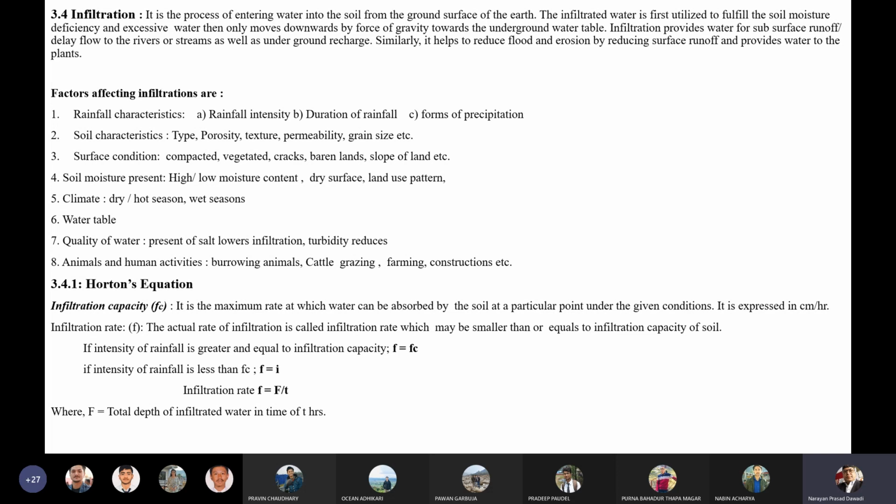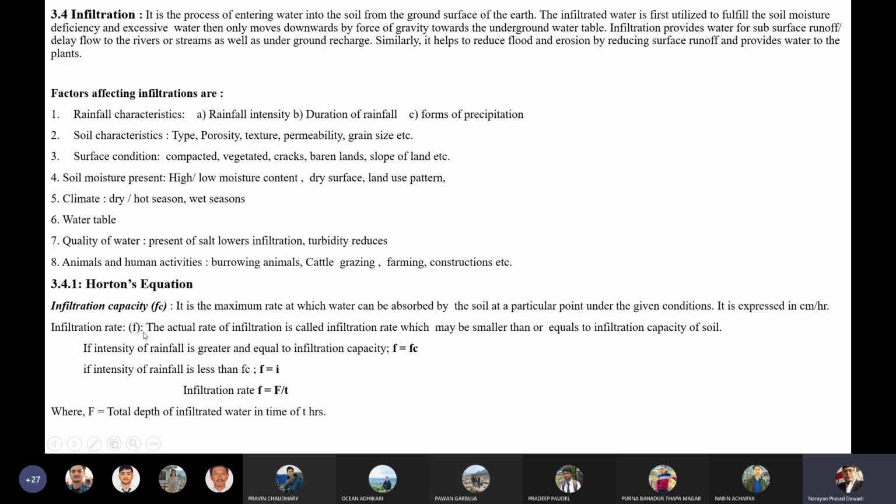The higher the rise of the water table, the higher will be the infiltration rate due to the percolation losses. If the water table is very low from the ground surface, then at that time there is no contact between the groundwater and the underground water table. At that time the infiltration will be low, because there is no pipe flow from the top surface toward the water table. This is another thing, water table.